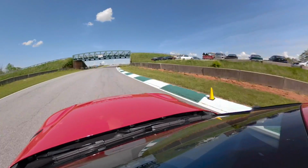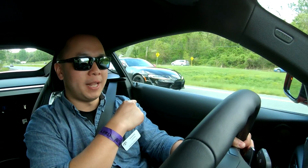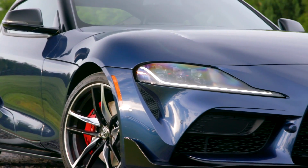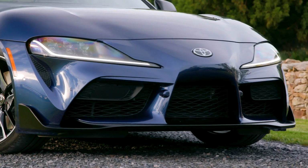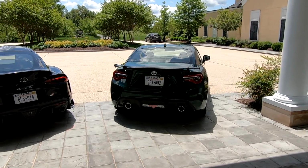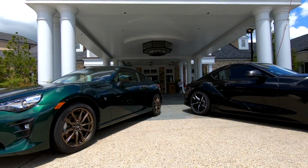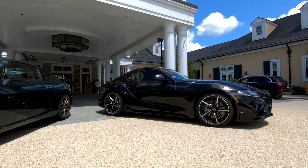After driving many laps around the Shenandoah circuit and surrounding public roads, I can safely say that the hype is real. And the haters, well, they have it wrong. Don't let the size fool you. While it may have the same overall length as the 86, beneath the skin, it's literally a bigger and better